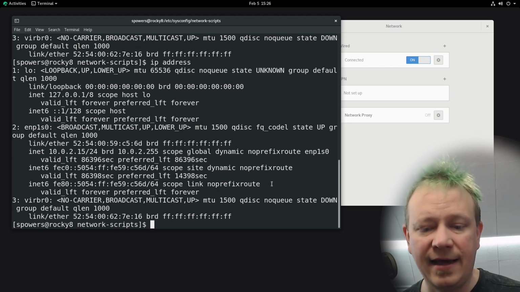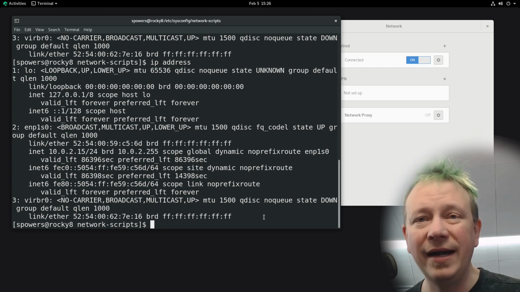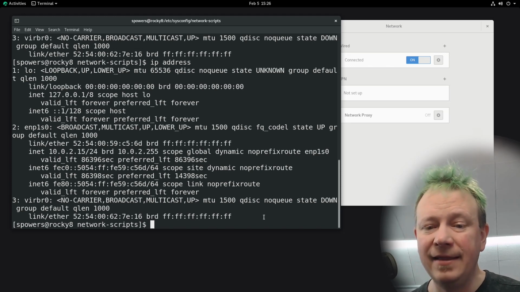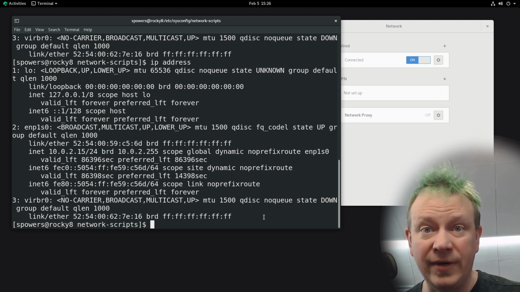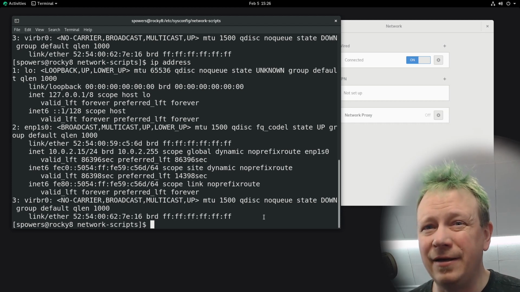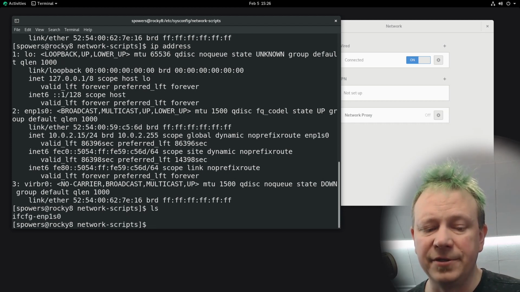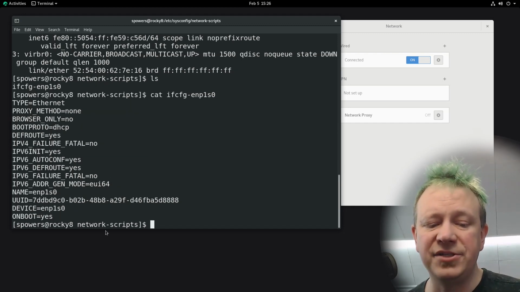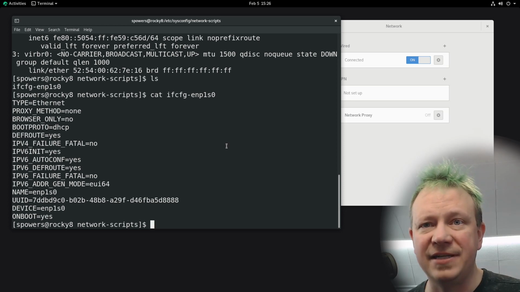And now, if we wanted to make it permanent, on Rocky Linux here, or Red Hat Linux, you can do a couple things. If you're on version 8, we could actually edit this file in the network scripts folder. So if we look at it, this is the file. We can just edit this and add an IP address. But